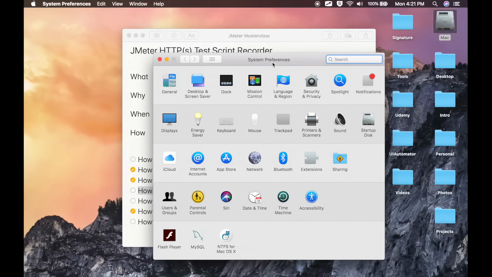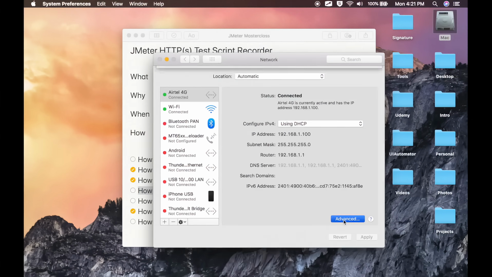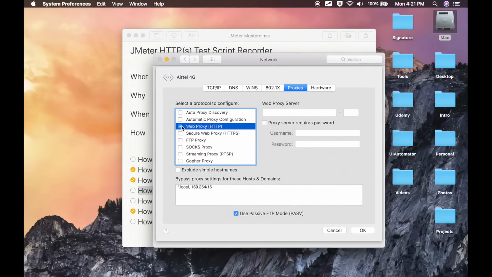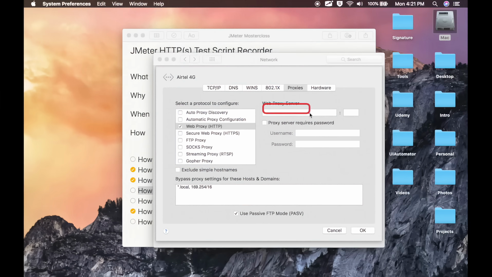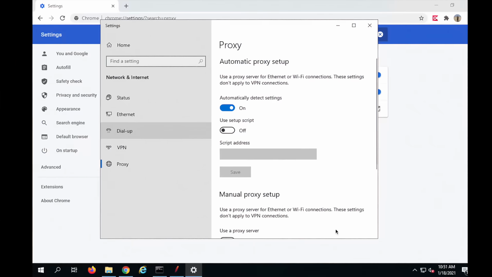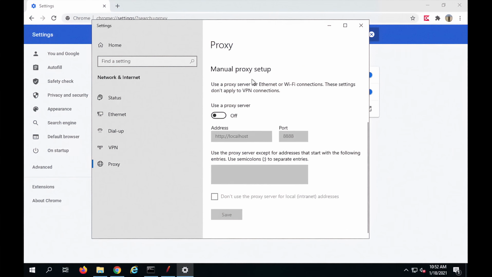Let me show you quickly. This is for Mac users. I will go to network and then I will go to advanced, and here I will go to proxies, and here you can set the proxy. So you can set a web proxy and set the server and the port here. So this is for Mac, and if you're on Windows, you can just go to the manual proxy setup, and